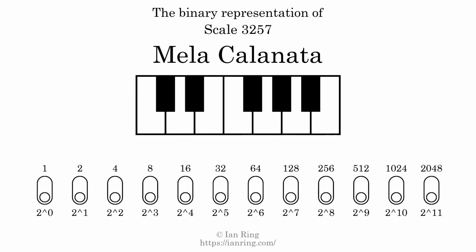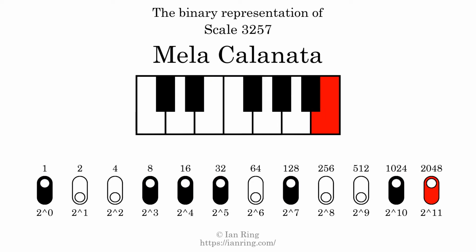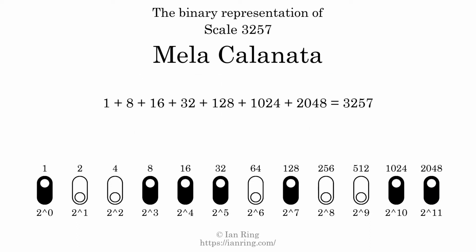The binary representation of this scale is determined by mapping tones of the scale to binary digits. Each binary digit represents a power of 2. To get the scale number, we add the powers of 2 together. The powers of 2 that are present in the scale, all added together, equals 3257. That is why the scale number, in decimal, is 3257. The scale number not only enumerates the scale with a unique index, but it also literally describes the tonal content of the scale. Represented as a binary number in base 2, the scale number is